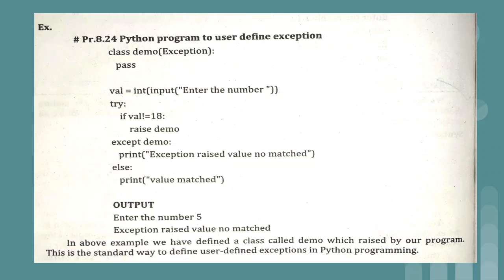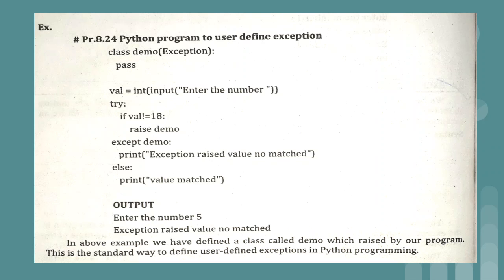All the exception classes which we have seen, IOException, ZeroDivisionError, are following, that is, all the exceptions have Exception as a base class. So now also, as we are creating the user defined exception Demo, it should have Exception as a base class. This is the way to inherit the base class in Python: after the name of the class, in round brackets, just place the name of the class which we want to inherit. In this case I have written Exception. So we are inheriting Exception as a base class, and in the class I have just written the pass keyword.